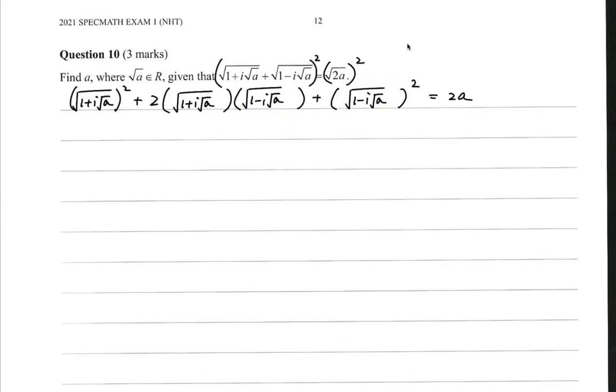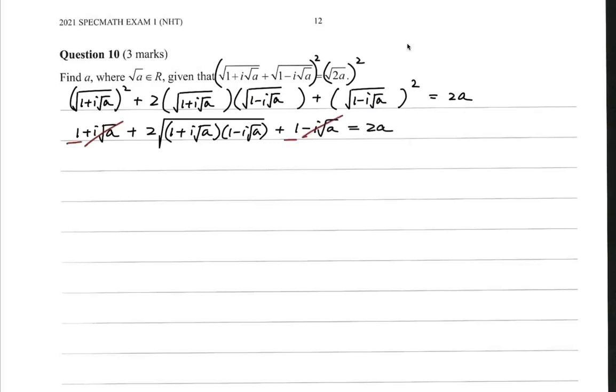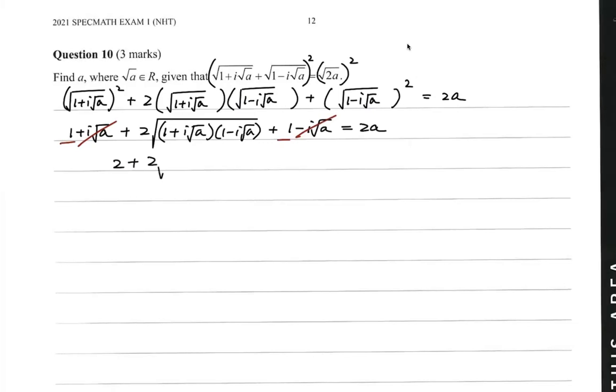Okay, so now we can just directly get rid of the square root. 1 plus i root a, plus 2, everything under the square root, 1 plus i root a times 1 minus i root a, plus 1 minus i root a equals 2a. Minus plus, get rid of them. 1 plus 1 is 2. 2 plus 2 lots of square root. Okay, so 1 squared minus i squared root a squared equals 2a. And this should give us